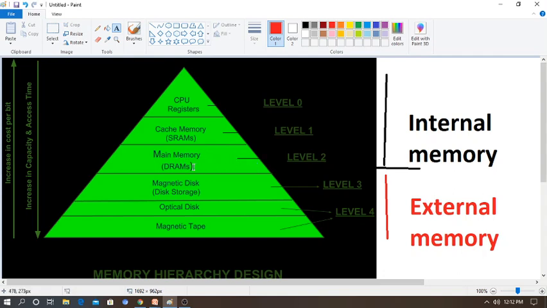And here you have to remember the important keywords called volatile and non-volatile. Volatile, for example RAM, means the data will be saved only temporarily. When our system switches off or the power goes off, the file will be gone, the data will be gone. And one more is the non-volatile keyword.